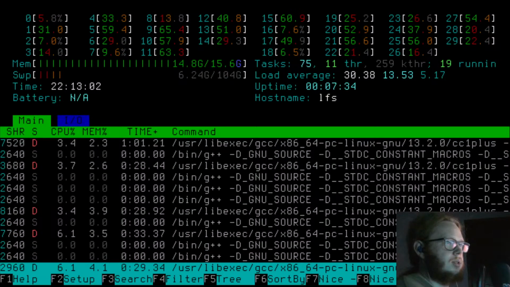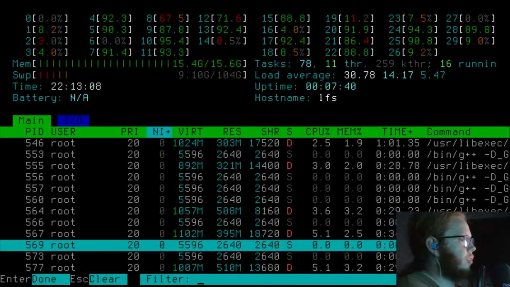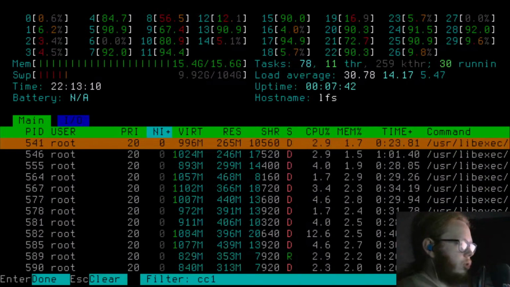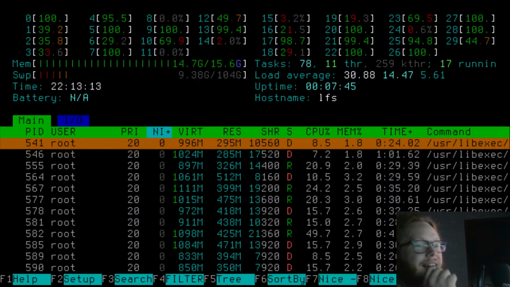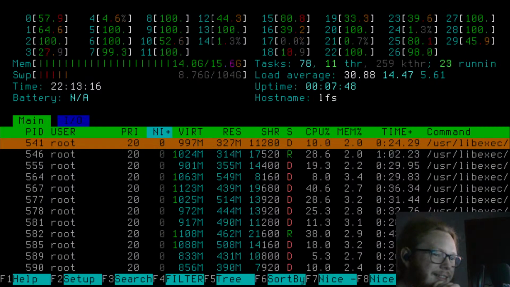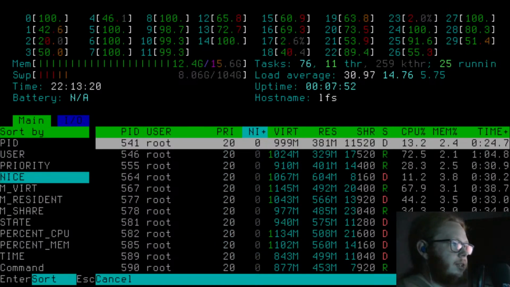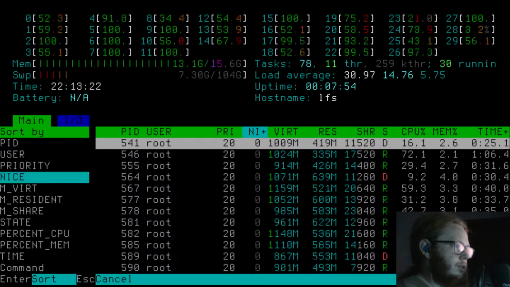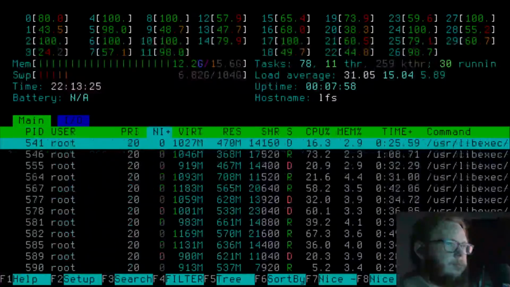Oof. Oh, that's not having a good time with me. Okay, so filter CC1 plus. Okay. And then sort by... No. I would like to have it so top to bottom.